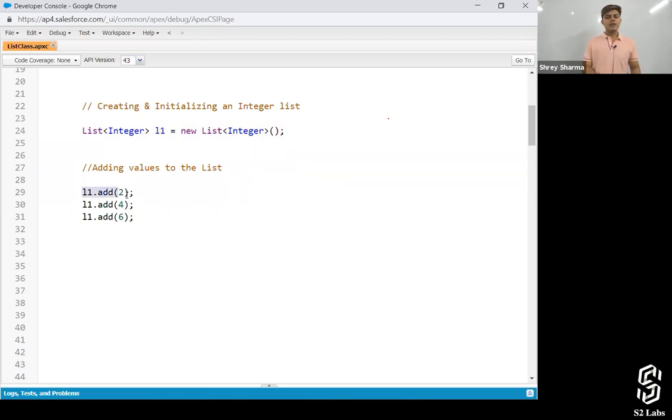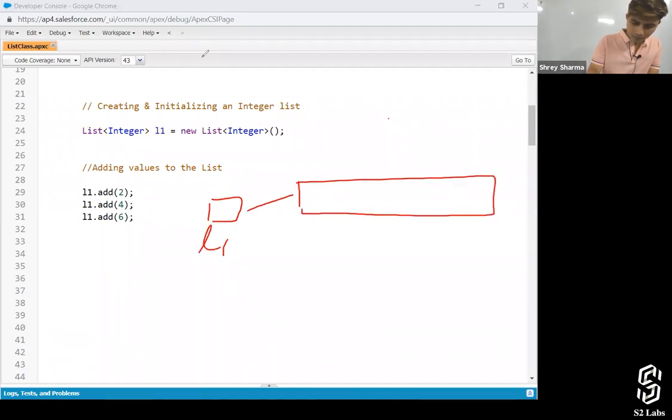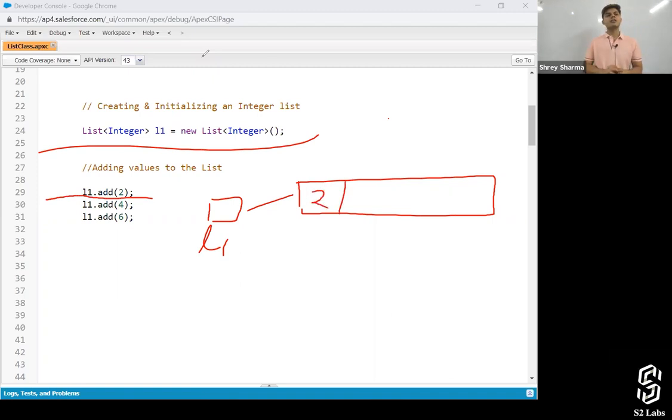Then comes adding values to the list, right? When you write down L1.add(2), what is happening? Let me explain it to you. After this statement, a reference variable got created and a list got associated with that reference variable. Now, when you write down L1.add(2), an element 2 gets added into this particular list.